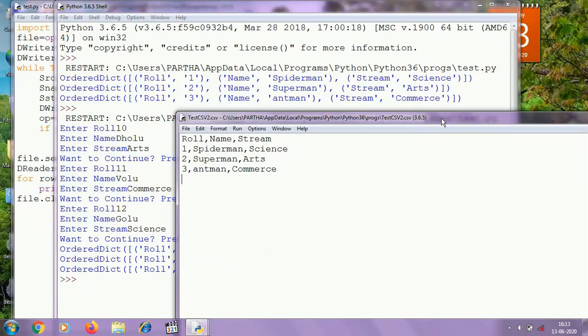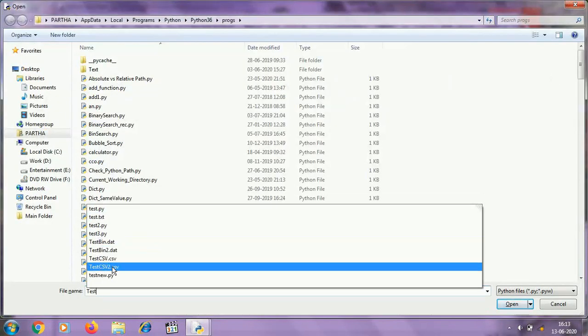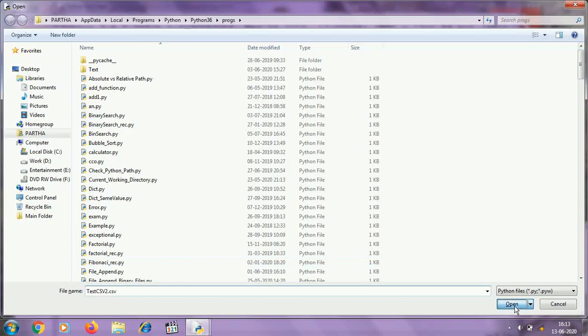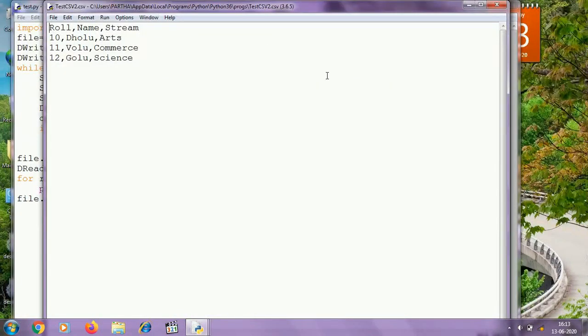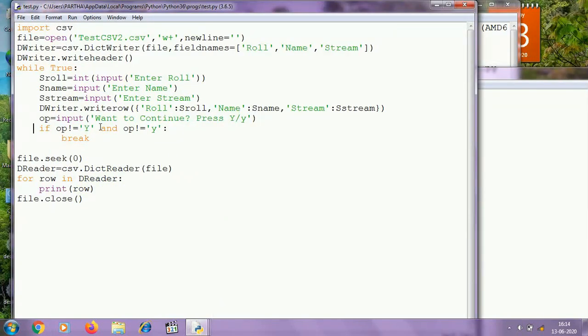Now I am going to open the file. File name is testcsv2.csv. You can see that we are repeatedly collecting the records from the user and writing to the CSV file using a loop. We can use the writerows method also.